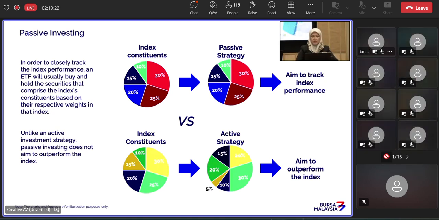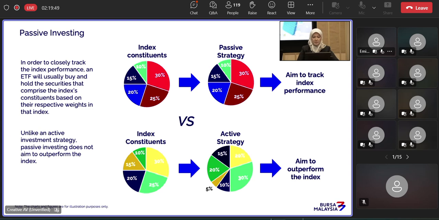For example, the index constituents have like 30% exposure in banking stocks. So the passive strategy of ETF, basically, they also expose 30% in banking stocks. So they follow the index. Okay, so that is called passive investing and aims to track the index performance, versus the active strategy, basically like